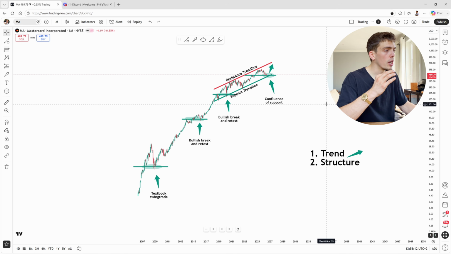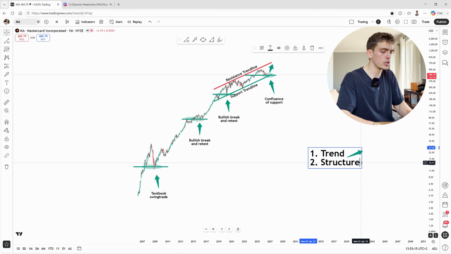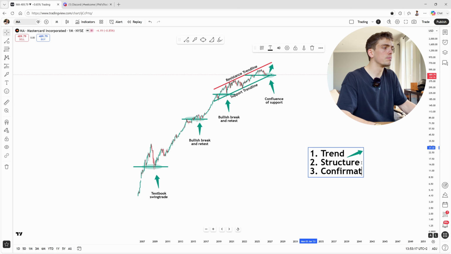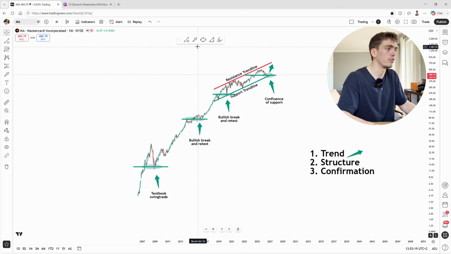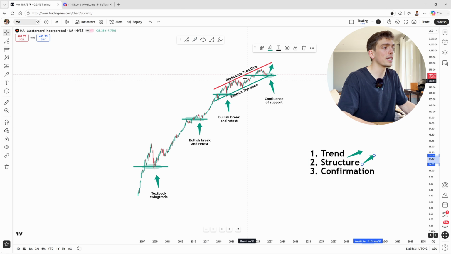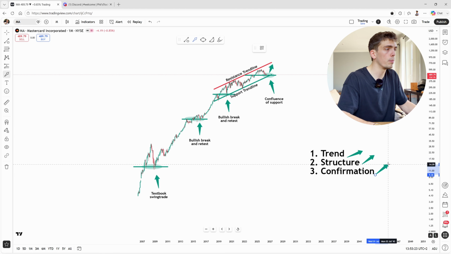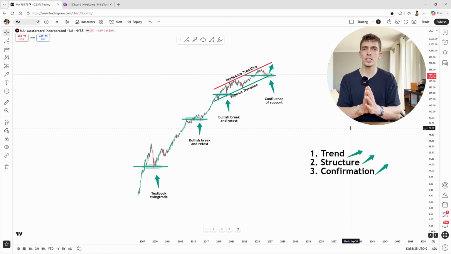Before you now go ahead and jump all in with MasterCard call options, also here, we didn't witness bullish confirmation on the smaller time frame yet, but if we do, then we once again have trend, structure and confirmation all pointing towards a move higher, and this is once again a textbook swing trading opportunity. By looking at those four charts, you can see that technical analysis itself is not that difficult,